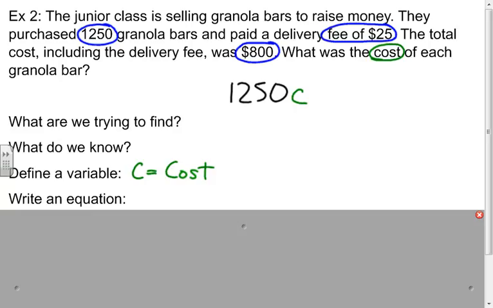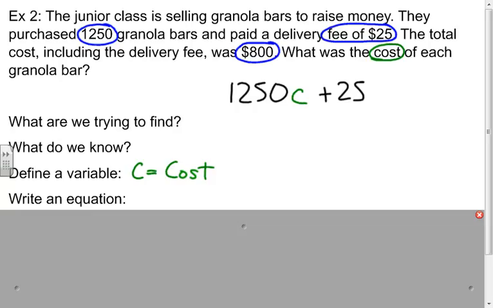If they were $1, that would be $1,250. If they were 50 cents, they'd be $625. Okay, so that's multiply. They also paid a delivery fee of $25. Do they have to pay $25 for every bar, or do they just have to pay it once? They only have to pay it once because it's for the total thing. So plus 25. There's no C on that because they don't need to do it for each one of those